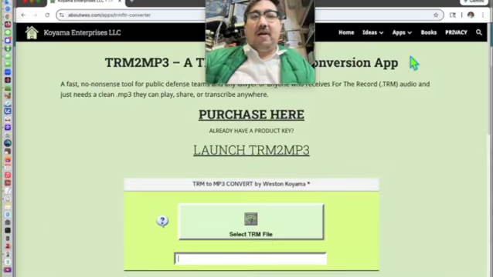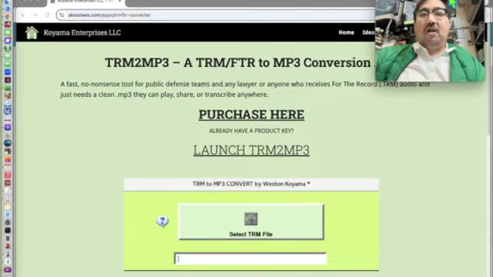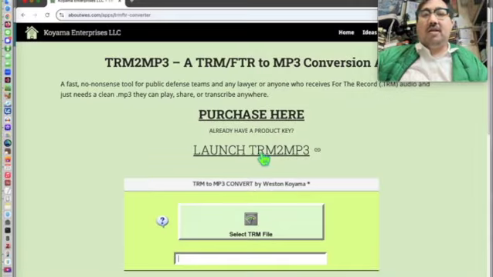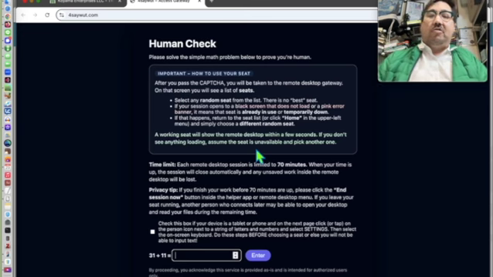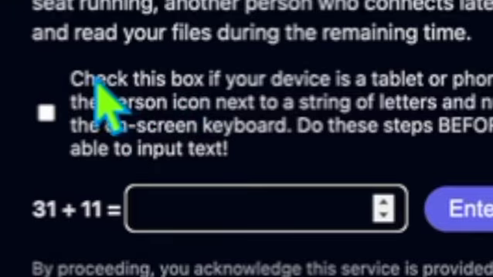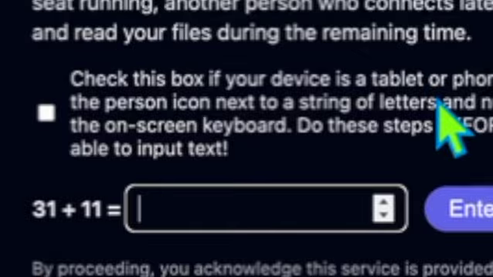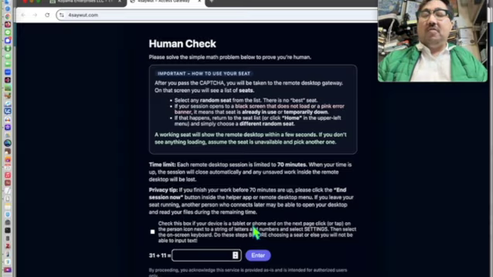So let's see, TRM to MP3 converter. When we're ready to launch the TRM to MP3 converter, just click on Launch TRM to MP3 right here. And then you need to solve a simple CAPTCHA. So in this case, 31 plus 11 is going to be this box here. You need to check this box if you're using a tablet or a phone, or basically any device that requires a touch screen. If you're using a device that uses a touch screen, please check this box here. But since we're using a computer, we only need to enter in the